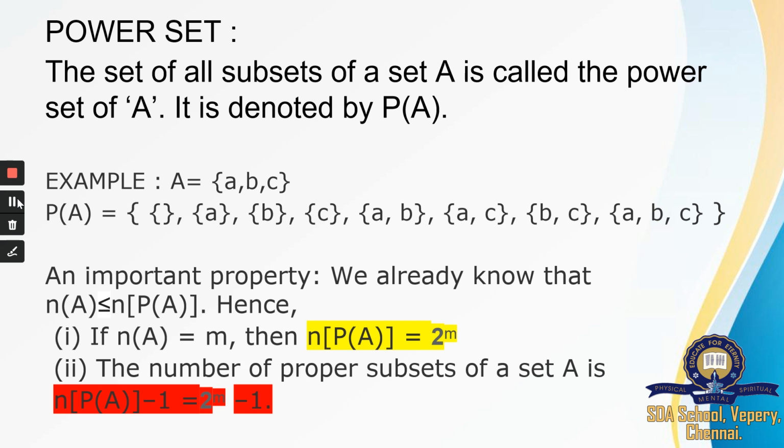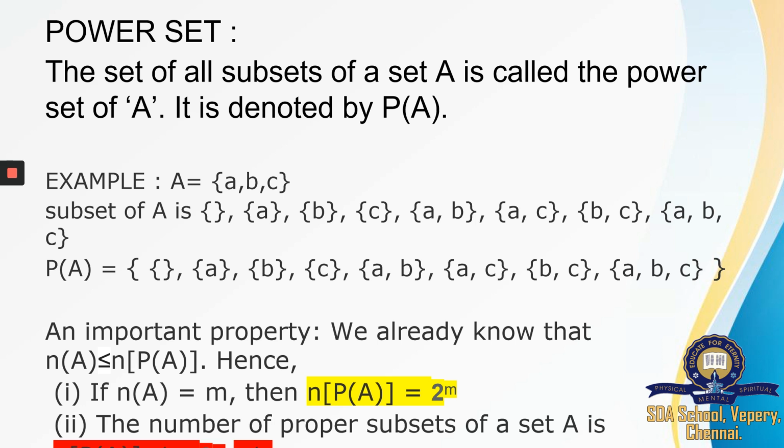Before studying proper subset, let's get back to subset. So, how do we write the subsets of A? First we write the singleton sets, A, B, and C. Then we take two elements together, like AB, then AC, then BC, and what is left out is ABC. Three together we have to take.